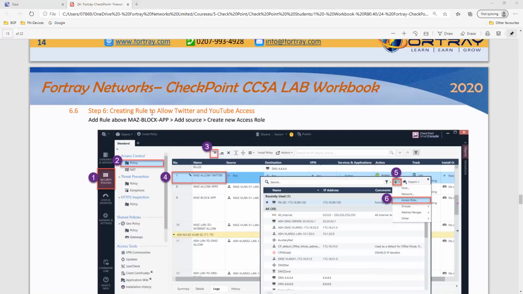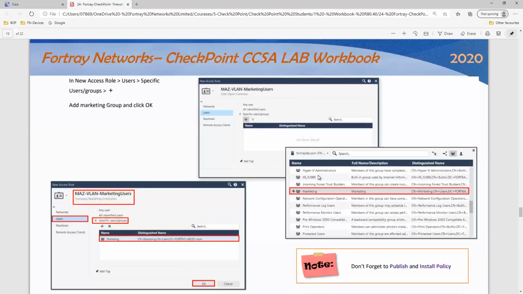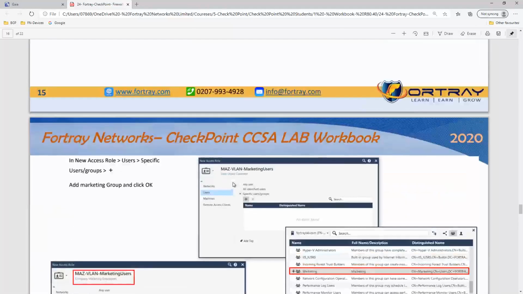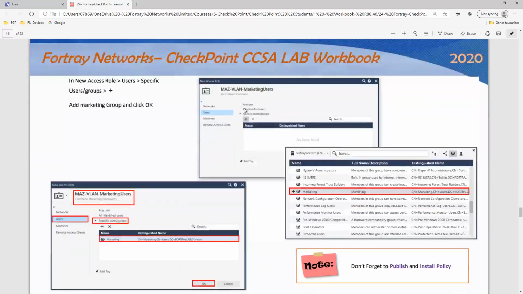Now we need to create a new rule, maybe to allow some of the apps, for example, Twitter and YouTube, or just, let's say, YouTube. What we need to do is create a new rule, and this rule will allow you to create an access role. And Maz VLAN marketing users, these users are already created in Active Directory, and you can import them here. Add marketing and icon, right? So Maz VLAN marketing users,